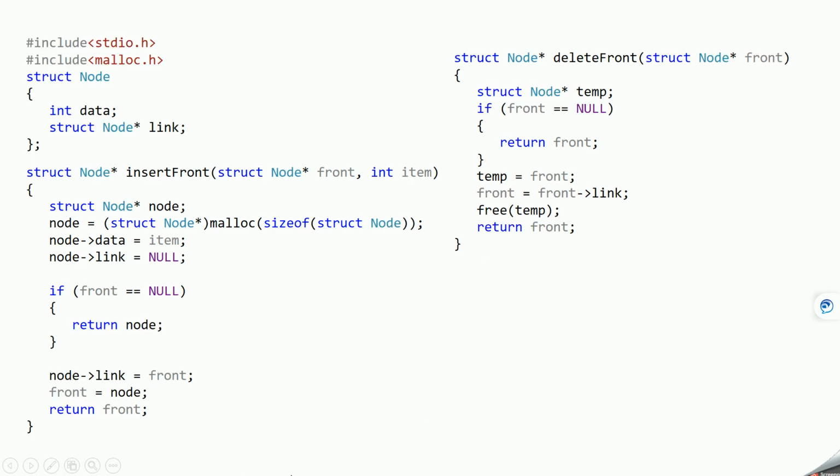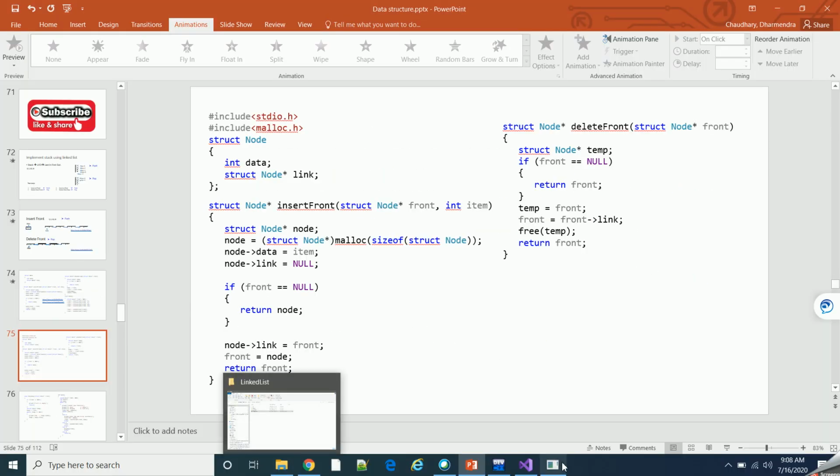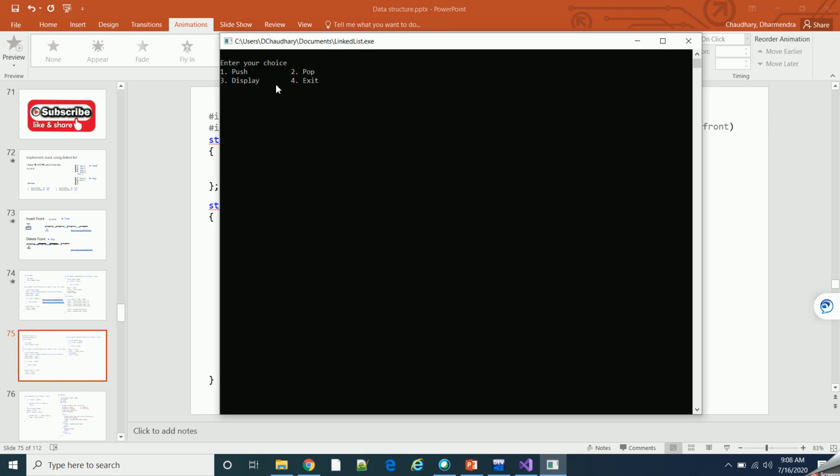Okay, now let's see one more situation where you are asked to do this. Where you want to give an option to the user to perform various operations on the stack. Suppose you want to give some choice to the user, something menu-like, where the user can enter some option, like 1 to insert the data, 2 to delete the data, 3 to display the data, and 4 to exit the program. So let's see this one example.